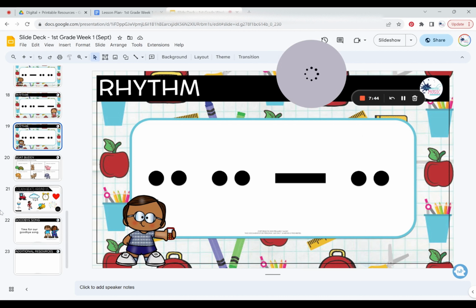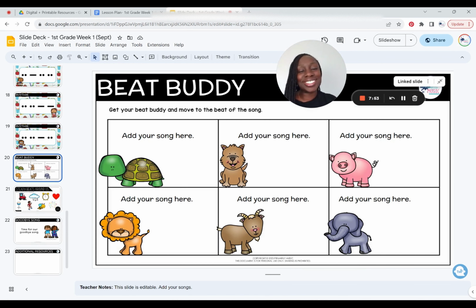So right after you go through their composition, they have beat buddies. The students love beat buddies. You could either have them bring in their stuffed animal, or maybe you have some stuffed animals in your class. I have left this editable for you so you can add whichever song you want to use.